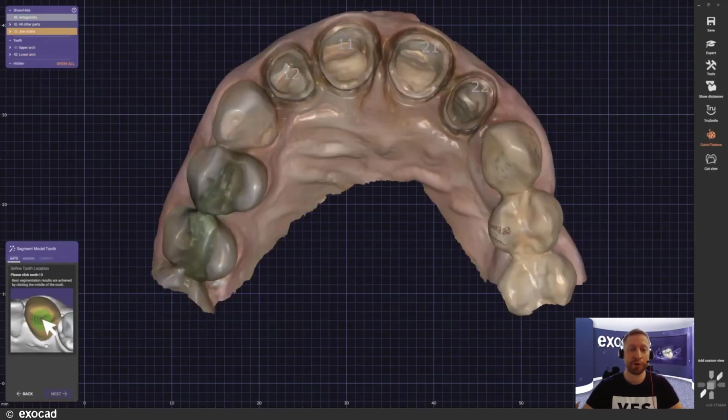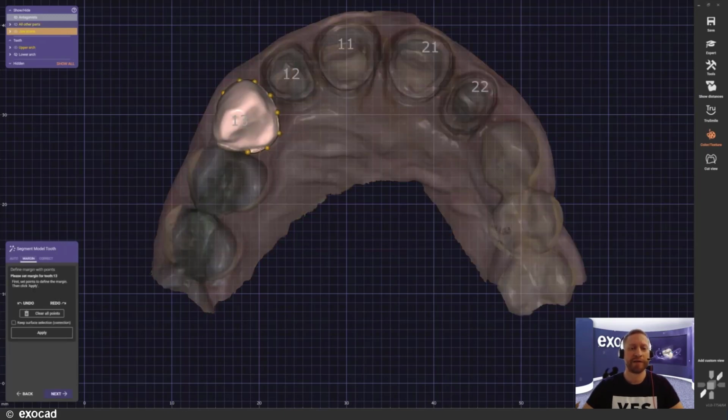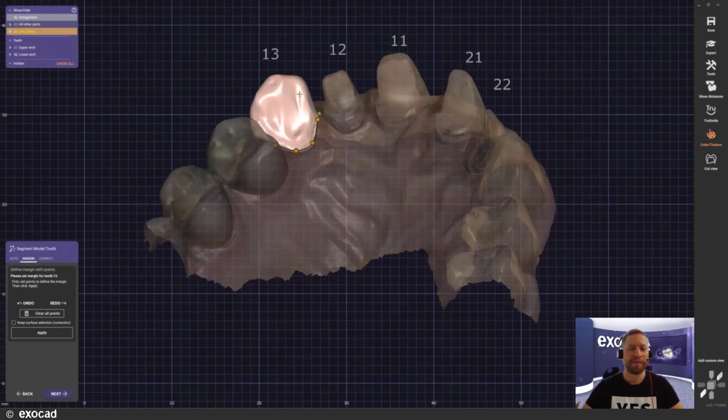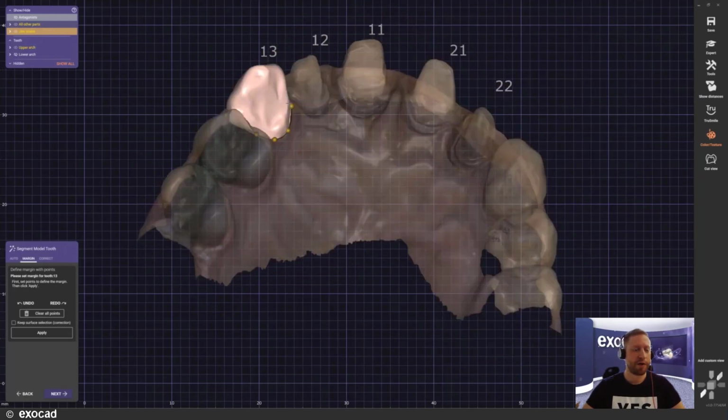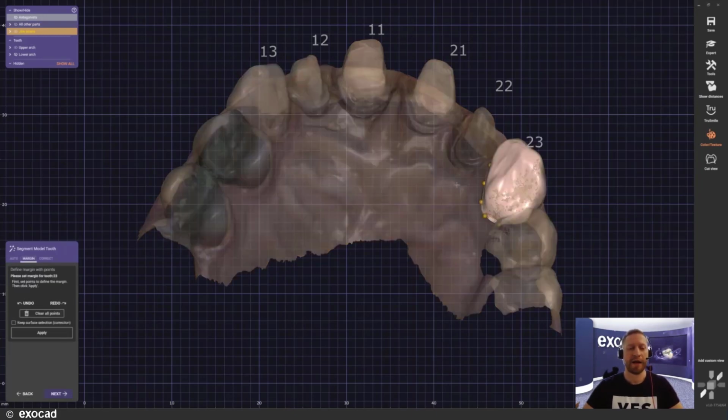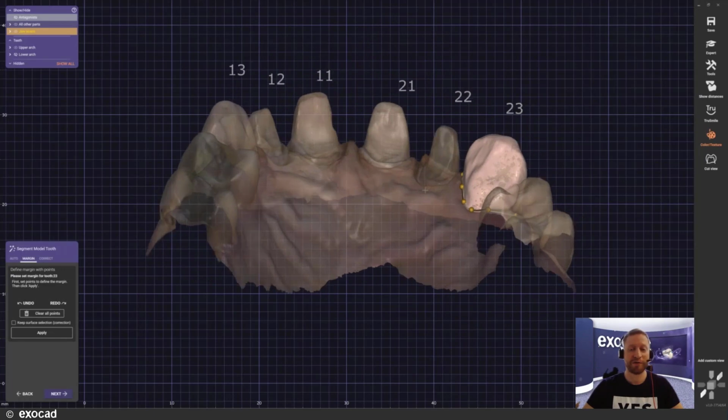Now we have to determine them for the software as well, just as the dies were determined before. And the wizard says start with tooth 13. What I'm doing right here, just one single click. Now the software is rendering that tooth and looking for a possible match for the margin line. And I'm very happy with this result. So I will just continue at this point. And now we have to repeat the same step for tooth 23. And here it's being detected. And after the detection, we get to the margin step again.